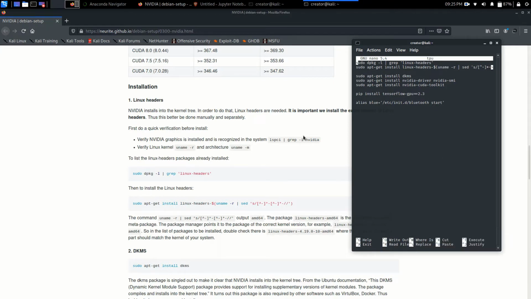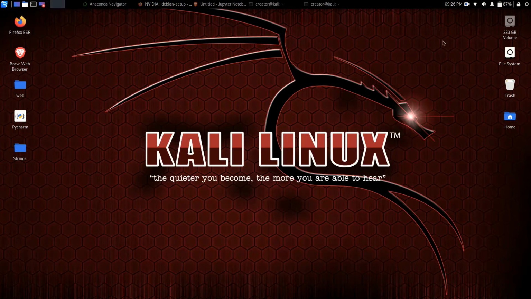Okay, so first of all, let me show this very beautiful blog that I discovered on GitHub once I was searching how to install the NVIDIA Toolkit as well as TensorFlow onto my Debian machine. This is a wonderful blog, and most of the code we are going to take reference from here, as I have already copied and pasted some of the code onto my terminal, as you can see on the left. So we are going to use that. Let me minimize it and show you that my NVIDIA driver is working as well as the TensorFlow GPU.